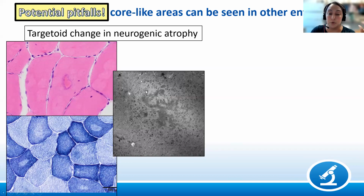The thing to do in this case is really look at the real estate, look at the neighborhood that this muscle fiber is in. Is there a lot of other evidence of neurogenic change? Are there pyknotic nuclear clusters? Are there groups of angular atrophic fibers? If so, you're more likely dealing with targets. If not, then you may be considering more cores. However,